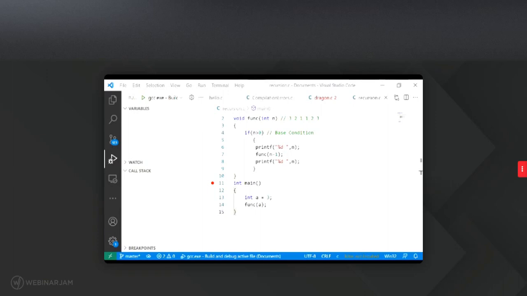I will also, later on, tell you how to set up this Visual Studio Code with you. If you people have already set it up, no issues. But if not, if you are setting it up,